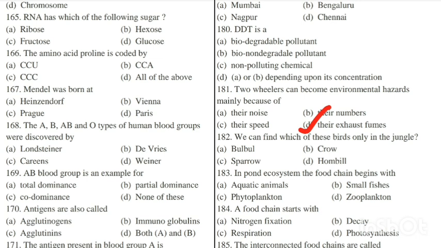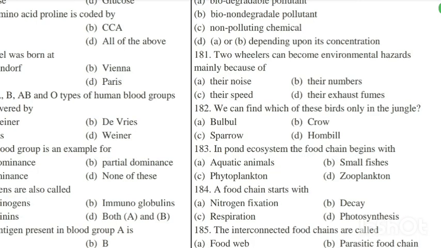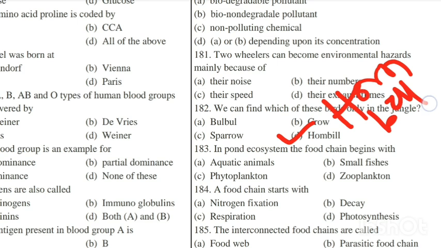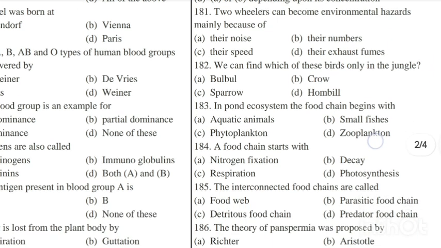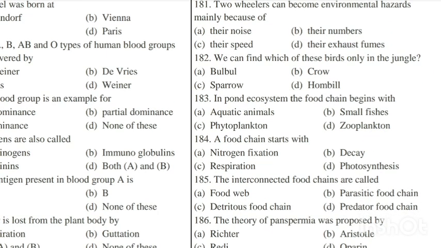Next question, which of these birds can be found only in jungle? The right answer is hornbill. Hornbill. Next question, in a pond ecosystem, the food chain begins with